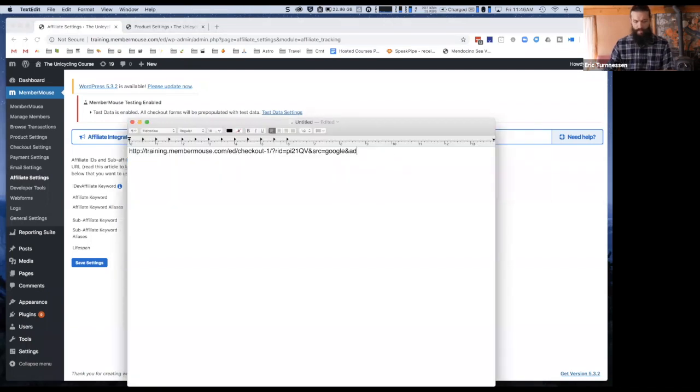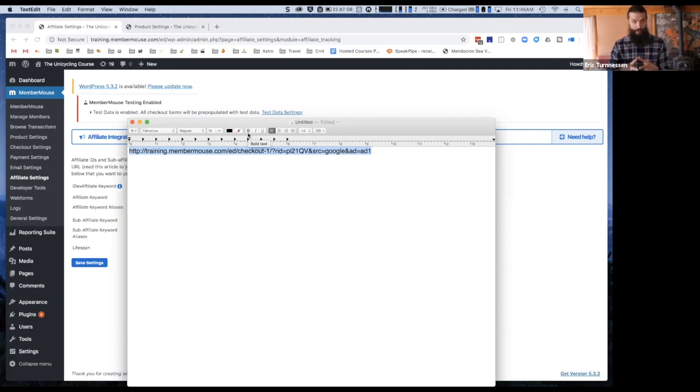So I just type in ad equals, and let's just say it's ad one, whatever, something to indicate to you so that you know when somebody purchases that product, when they click on a link from the ad, that if you see ad one, you know what that means. So you can reference it back to your Google AdWords account or Facebook or whatever. Okay, so now that I have this link created,